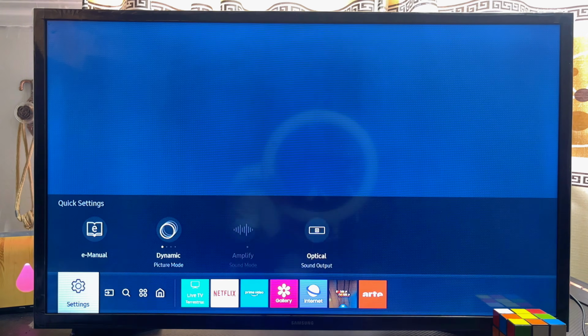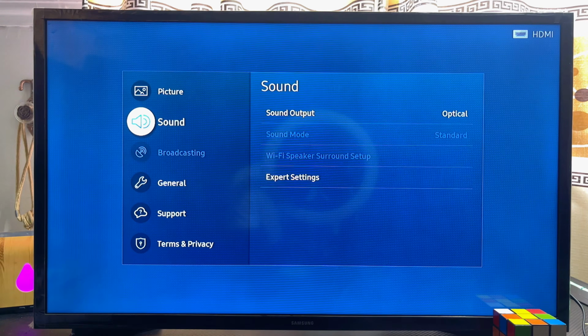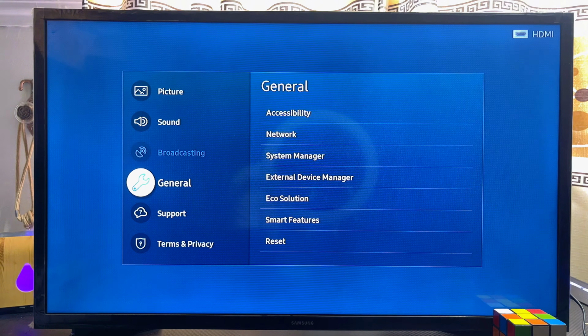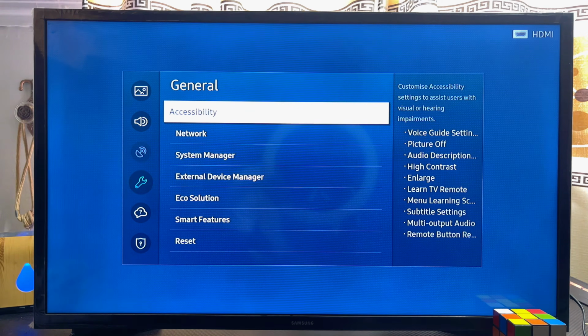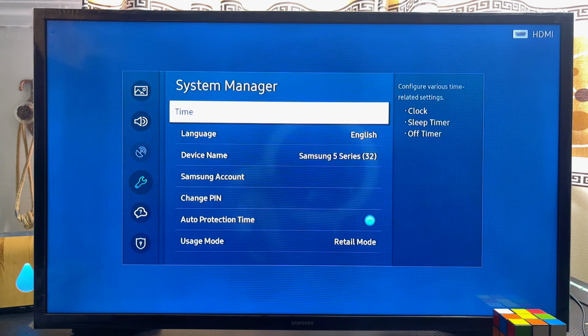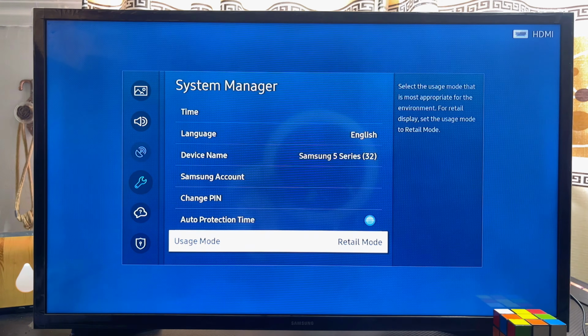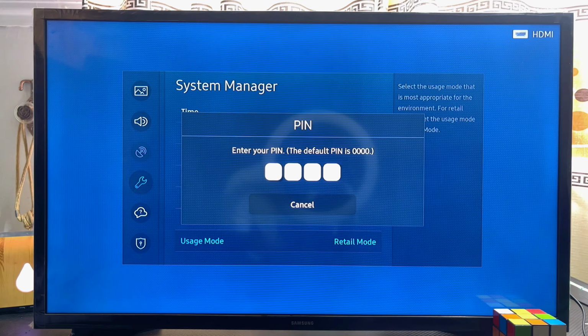So come over to the settings of your Samsung TV, and then you just want to scroll down until you get to the general settings over here. Scroll over to the right hand side, and then you just want to scroll down again until you get to System Manager. Click on it, and then from here at the bottom you're going to see the usage mode over here. Go ahead and click on it, and then from here you can go ahead and change it from retail